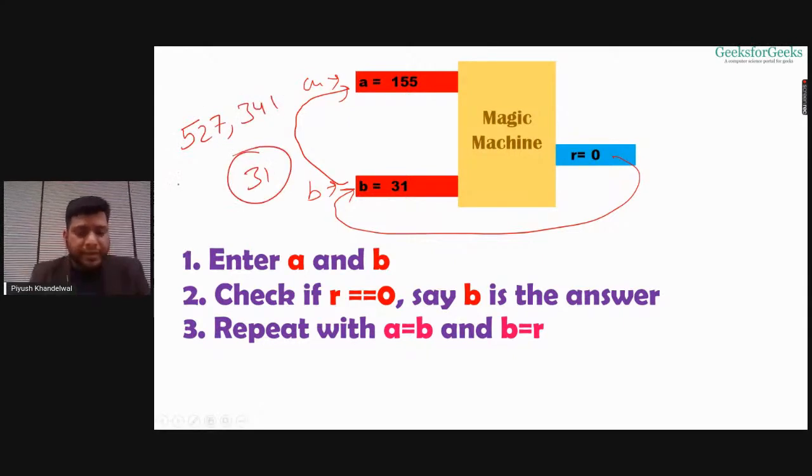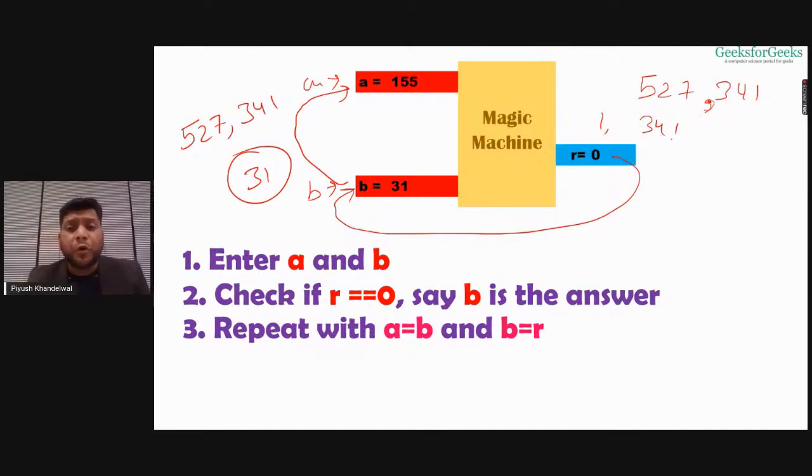So you might have seen, if I would have used the previous approach without the magic machine, with 527 and 341, what would have happened? I would have divided both these numbers by every number from 1 to 341. First I'd divide by 1, then by 2, then by 3, till 341.